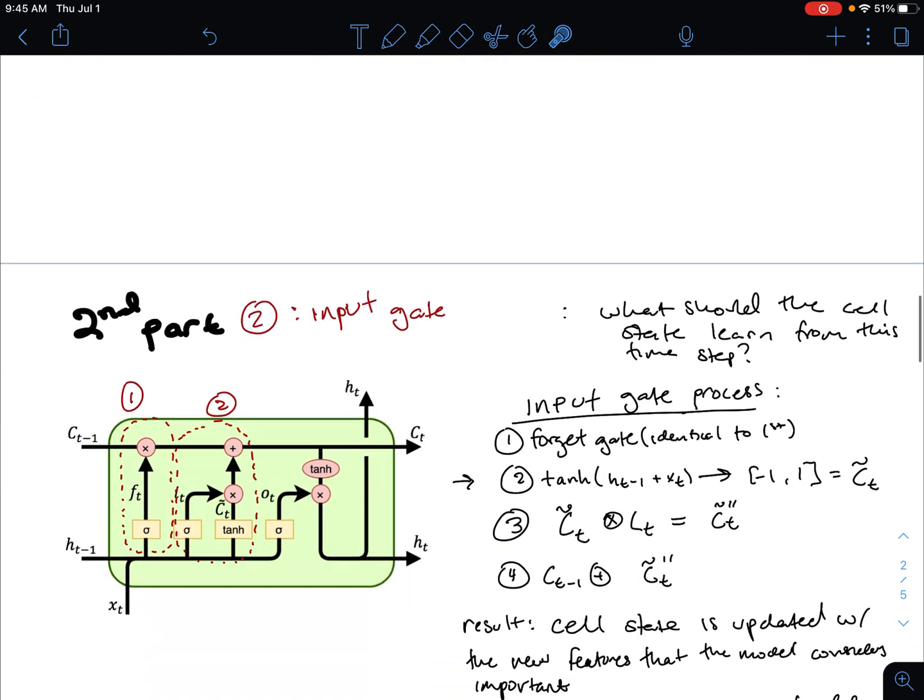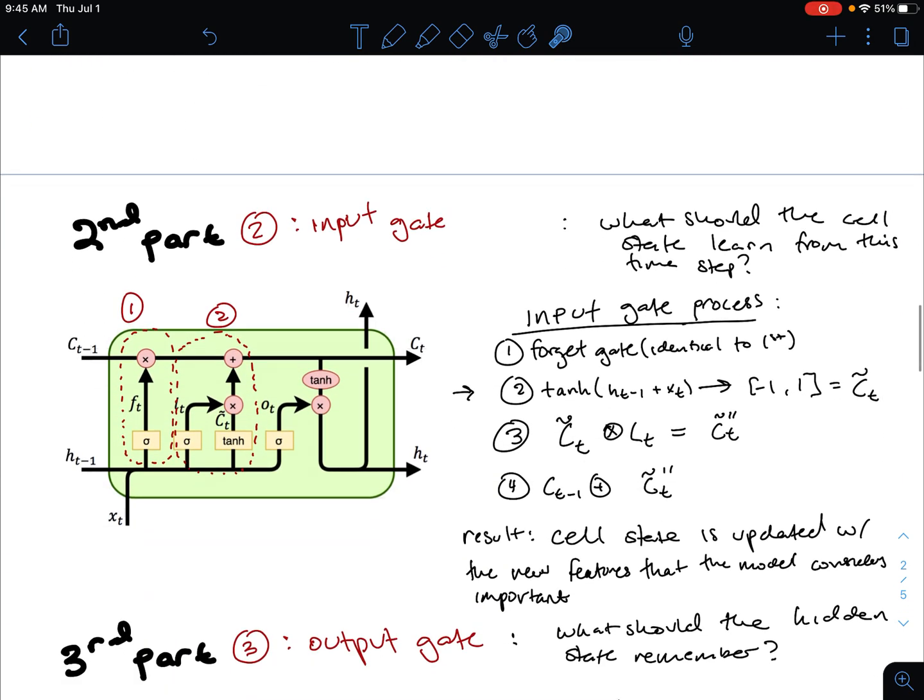Now, the next one is going to be the input gate. The input gate basically answers the question of what the cell state should learn from this time step. So if the forget gate was telling this LSTM what it should forget from the previous time step, the input gate is telling us what we should learn from this time step. The input gate, and I'm going to highlight the path here, is basically taking that concatenation,